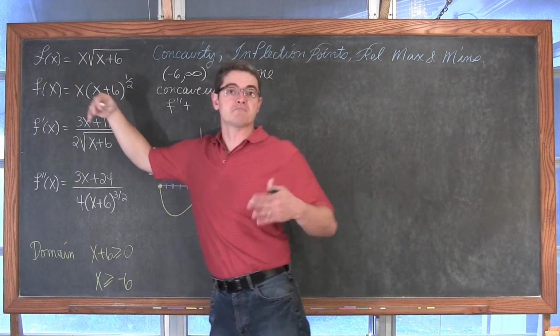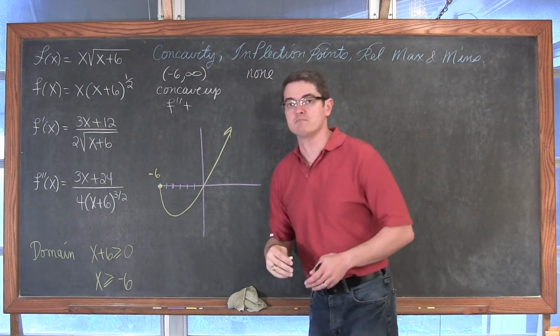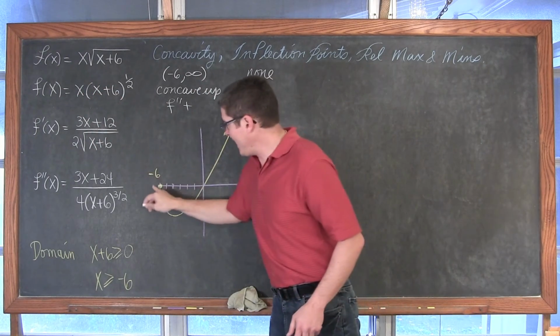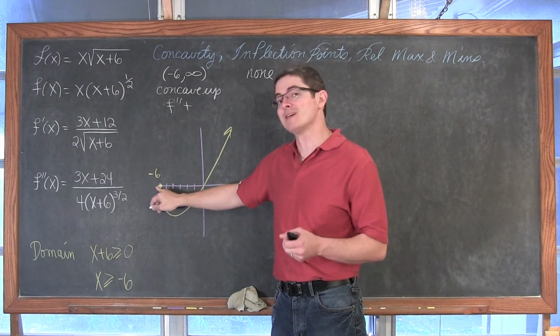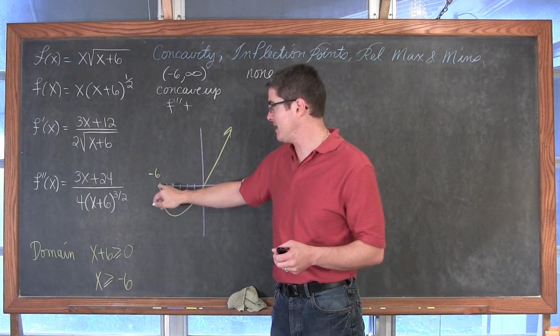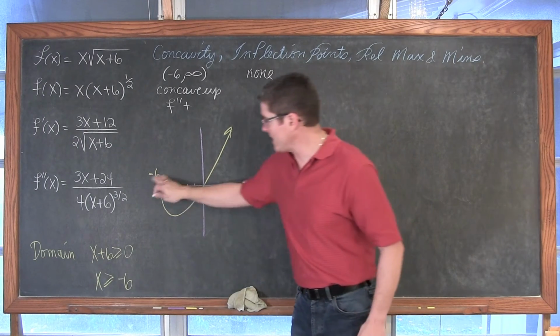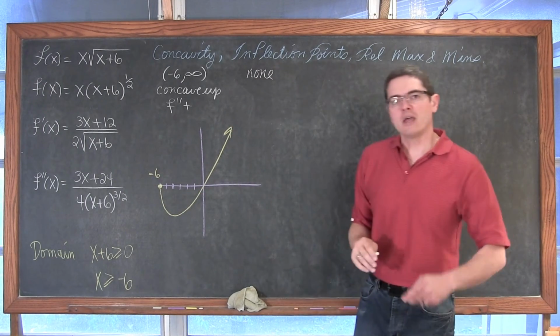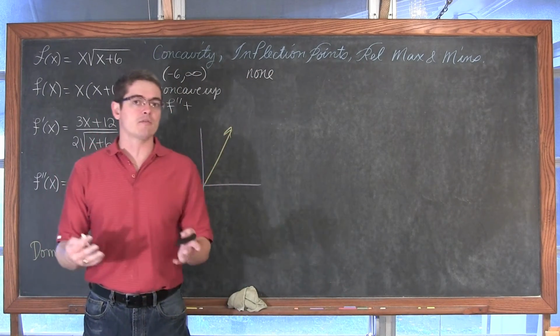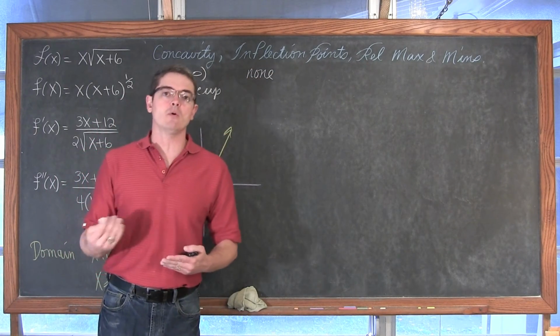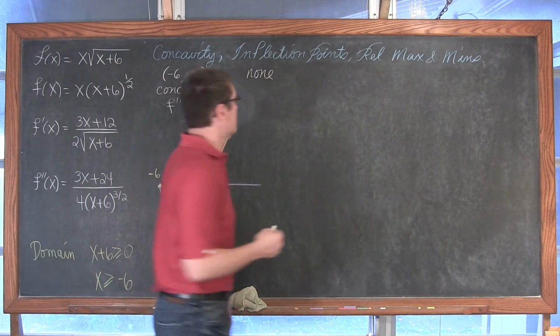The square root of 0 is 0, and thus the answer is 0. So we do have a relative max here at the beginning of the function, because that's a closed dot. It's not an open dot. If it was open at -6, we wouldn't be able to find a relative maximum there. Okay, so relative mins and max occur where the first derivative has a critical value, whether it's equal to 0 or being undefined. So let's find those values.